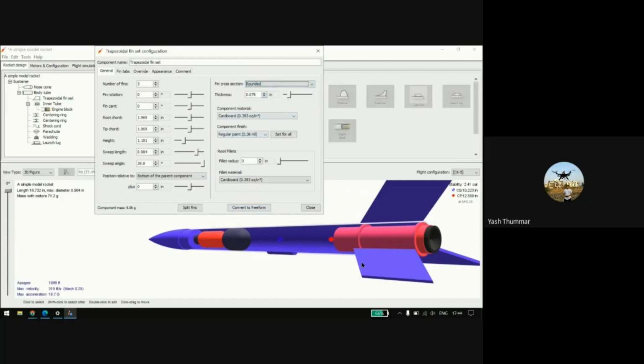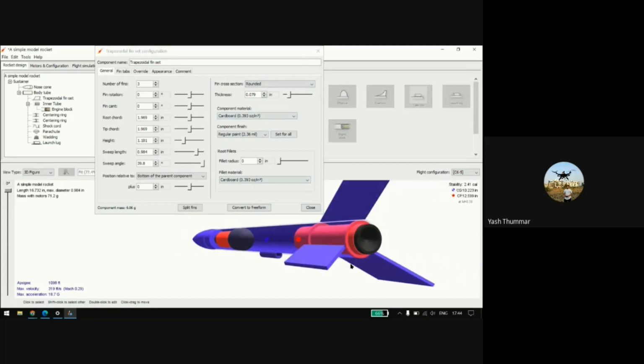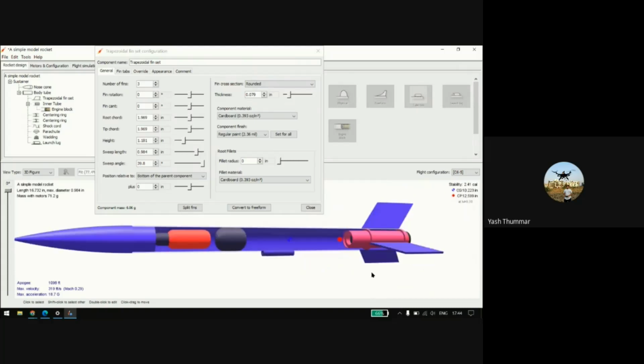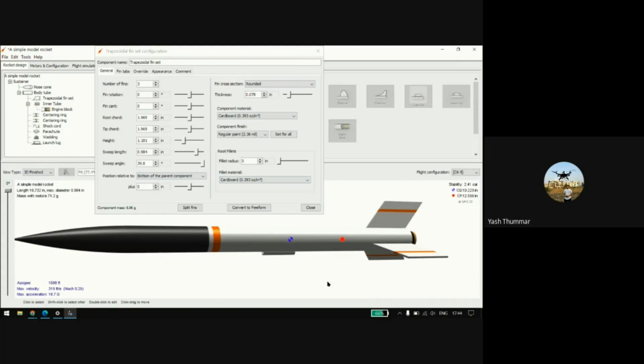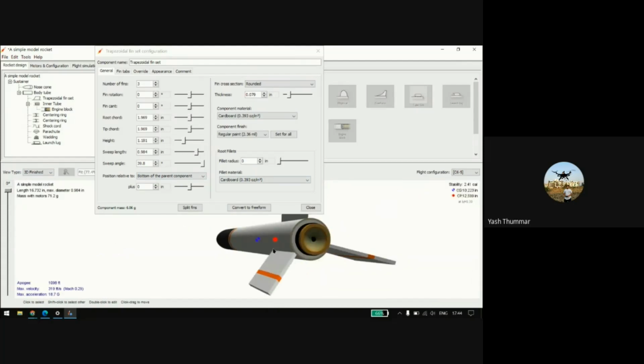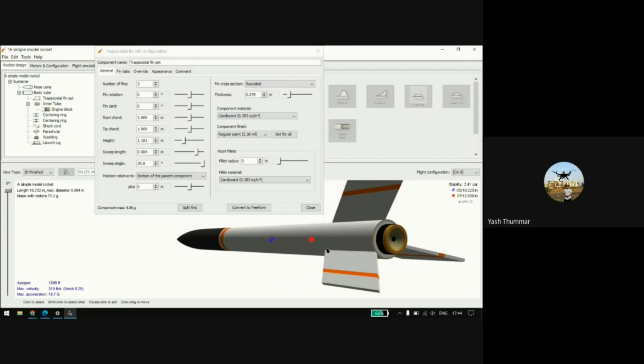So it's giving the fin cross section. It will provide a 3D finish here. It may not be shown here, but it's given here. So it's rounded, or maybe the cross section is filled with a square, or some kind of airfoil. Okay, as of now it's rounded.